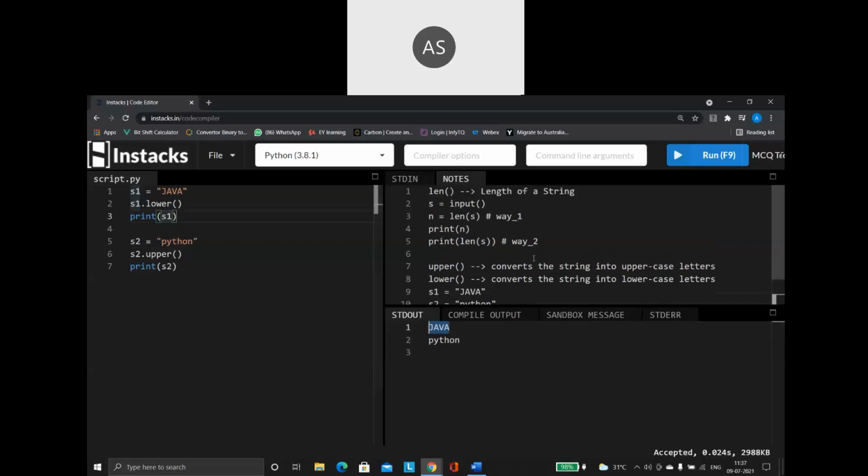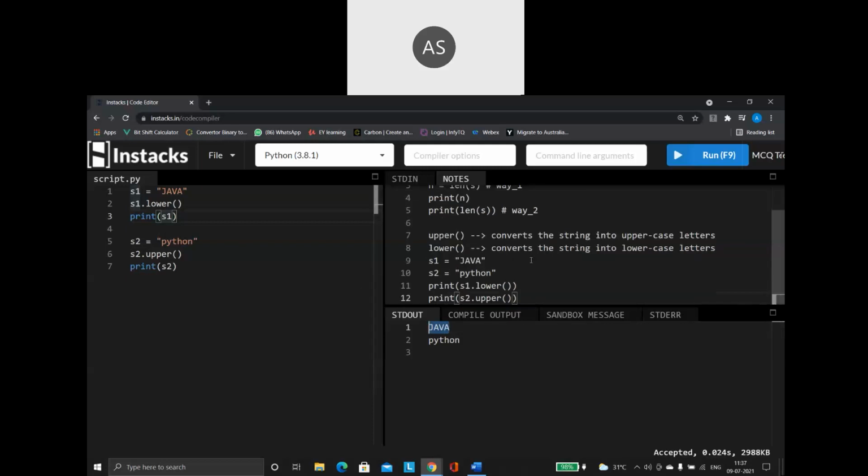Why? Remember the point I told you: strings are immutable, so the string value will never change. Here, why was it changing? I was giving it inside the print statement, so just for the sake of printing, it gave me the output like that. But the original string value never changes. Remember that point very carefully.